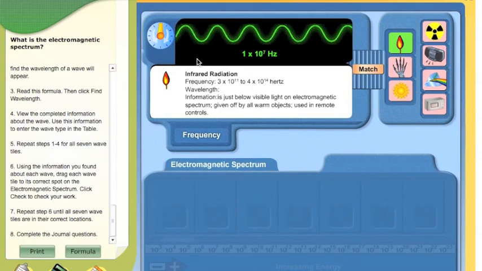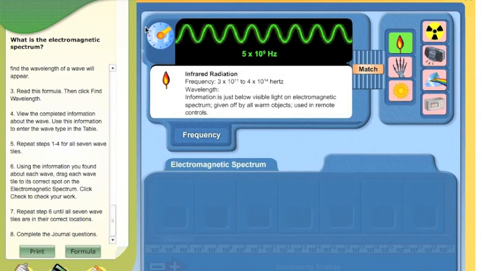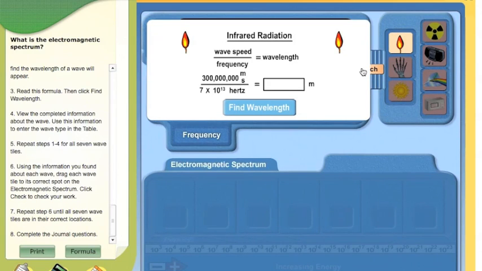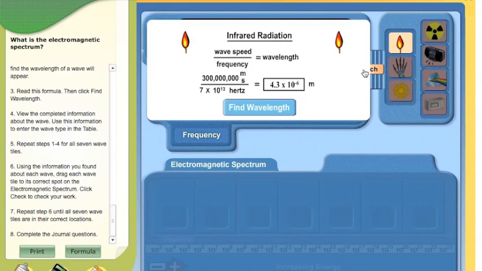The way you find the wavelength is you go through the spinner and you try to match what the wavelength is. As the spinner spins, you notice the wavelength changes, and you click match. Once you have a match, a white screen is going to come up, and it will give you the formula for infrared radiation and how to find the wavelength. You click on wavelength, and in this box you have the wavelength for the infrared radiation. Once you have that wavelength, you're going to take that number and put it onto your worksheet. When you are done, then you're going to move on to the next